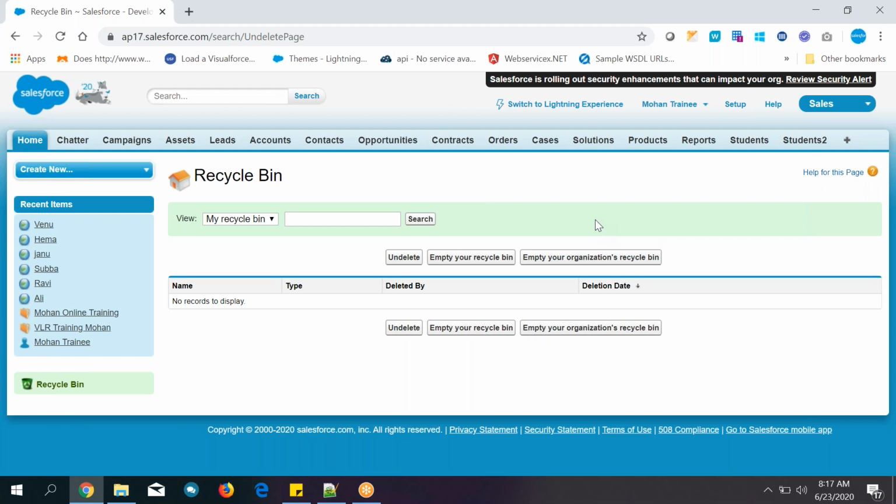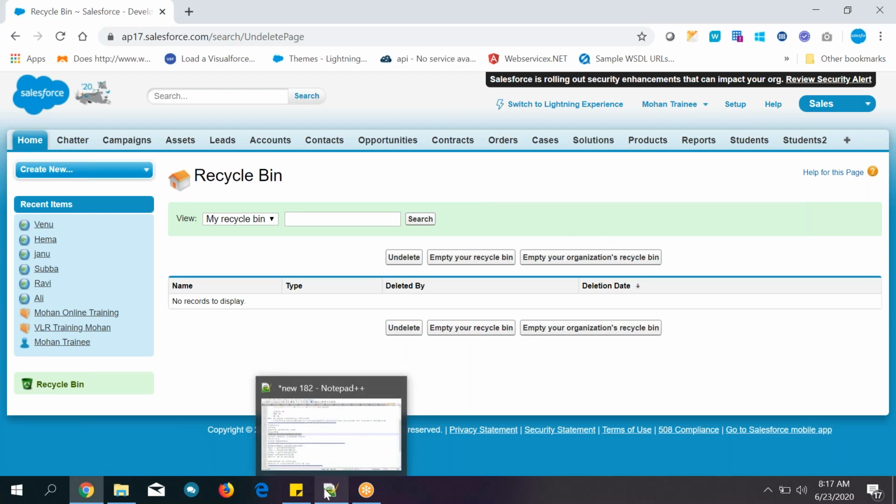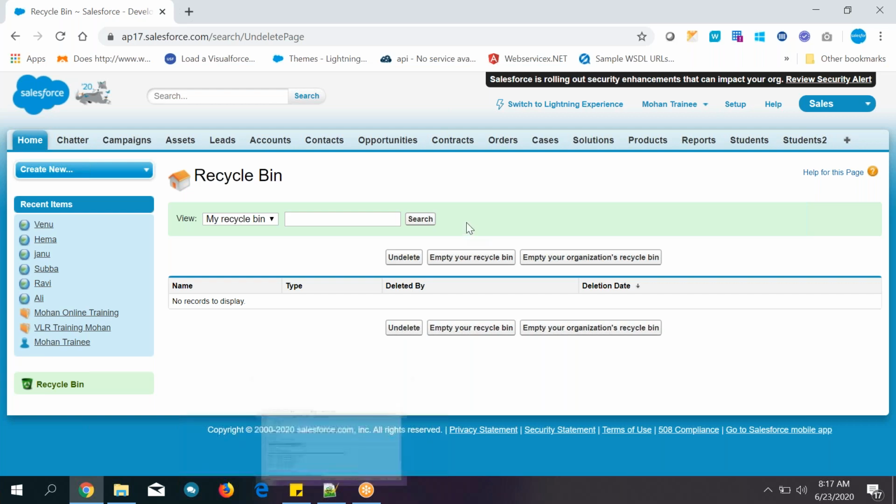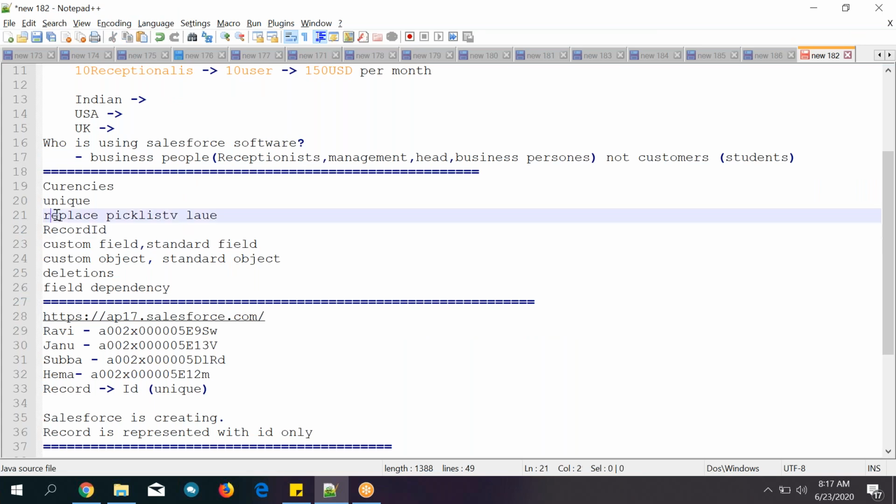Okay, cool. And just a recap of what we have discussed in today's topic, guys. First we discussed the pick list values. So replace pick list values, and we gave a business scenario for Russia country. I want to change the Russia value to some other value as per the business requirement. What are the steps we have done for this? First, you create a new value, next replace the old value with the new value, and third, deactivate the old value. So that's how replacing a pick list value is done.